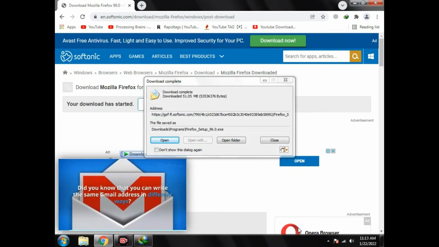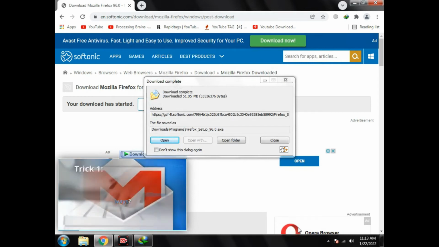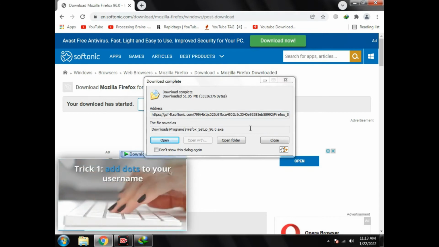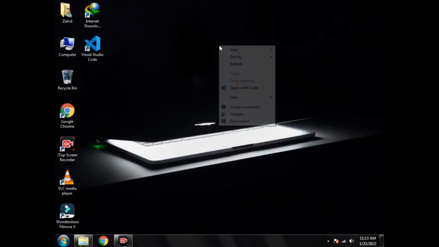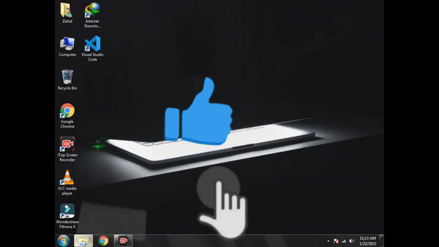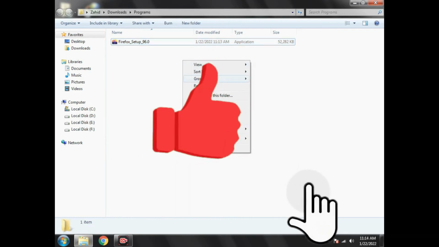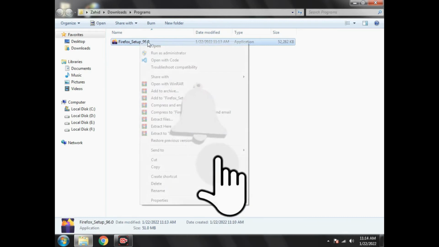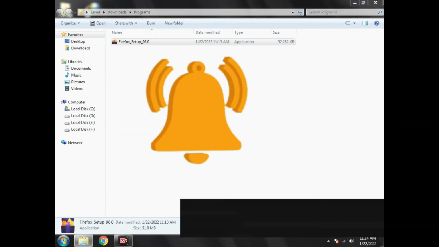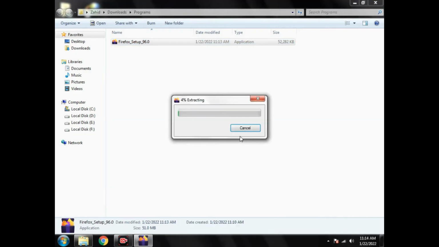My downloading has completed, so you can simply click on open folder. Just go to the folder and close that tab, refresh your computer and go to that setup, right click on it and run as administrator. Here you can simply accept it and your file will start